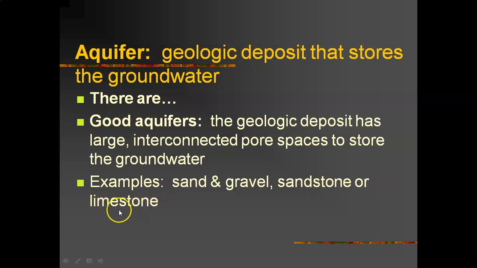Limestone is almost like a sponge, all right? And so if you've got limestone rock in an area, that's going to form a really good aquifer. And let me just kind of go back to sand. If sand grains are large, gravel is even larger. So the way gravel grains are going to fit together, you'll have nice big pore spaces. So that's what you want.